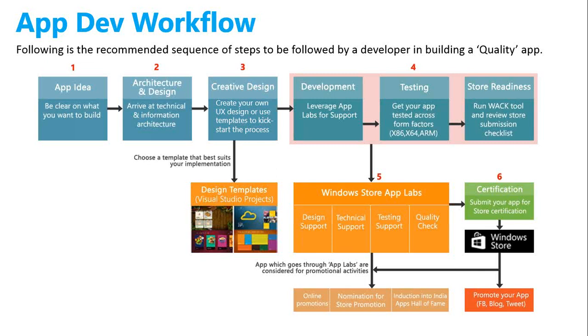Third step is creative design, where you have to actually design your application, choose your color combination, choose the placement of controls, etc. Over here, you can take help of design templates, like I mentioned on the previous slides, aka.ms/unittemplates.com. It's not mandatory, but if you do use the templates, your development will get a jump start, because then you don't have to waste your time fixing the controls. You can just download the project, tweak it a little, shape it as per your imagination, and then you're good to go. Fourth step is development, testing and store readiness.